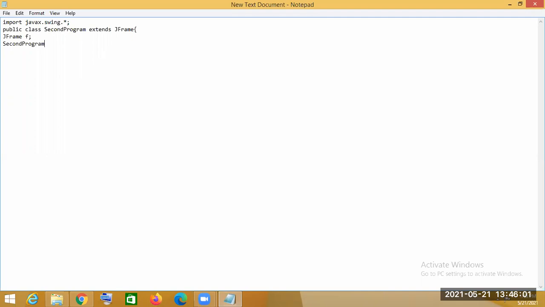So first we define the constructor, and we will create the object of the button, equal to new JButton. Here the label of the button, meaning the text that will be written over the button, will be Click.